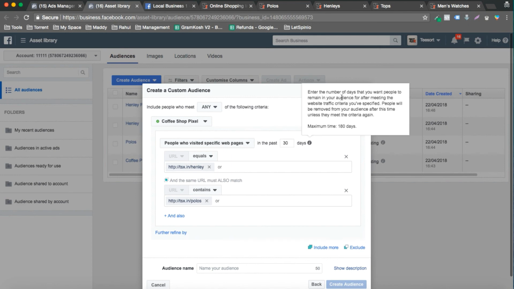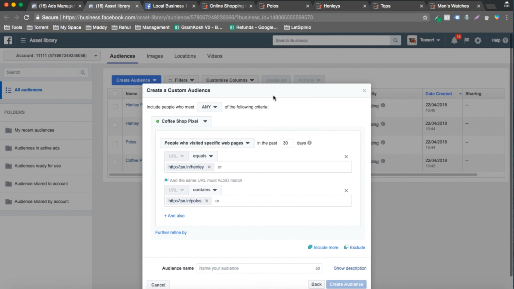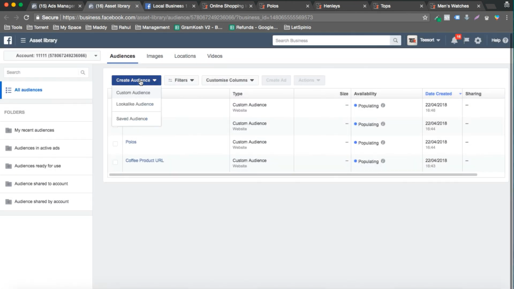In fact, I add multiple other logics on my website as well. You won't even believe how many audiences I create. I even lose count. I create so many audiences in terms of days, URLs, and all other things. You can play around with all this. You have multiple other options for creating audiences.